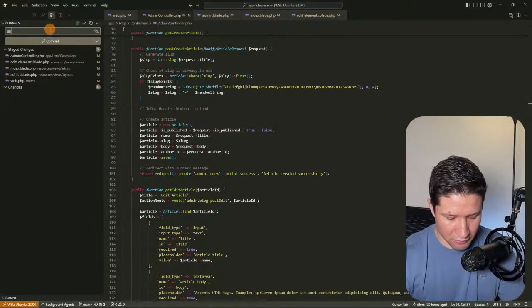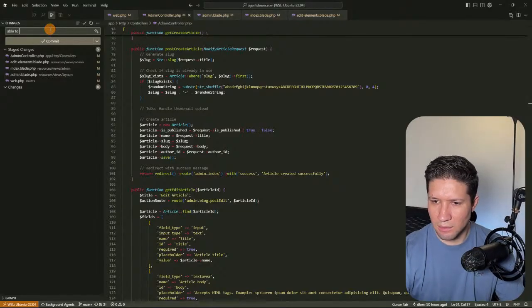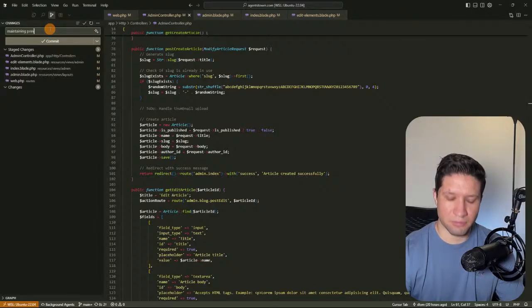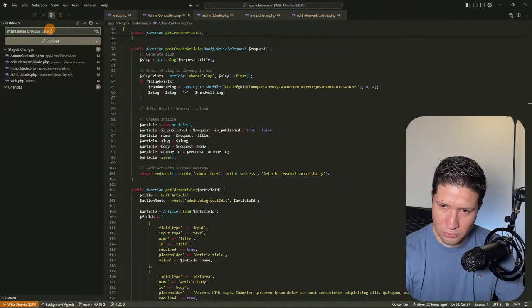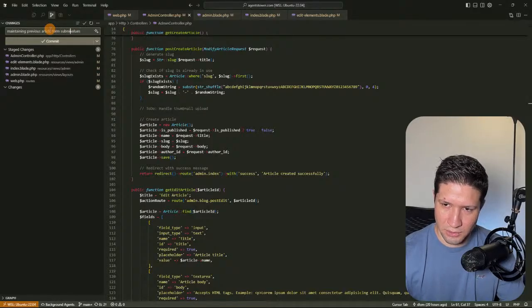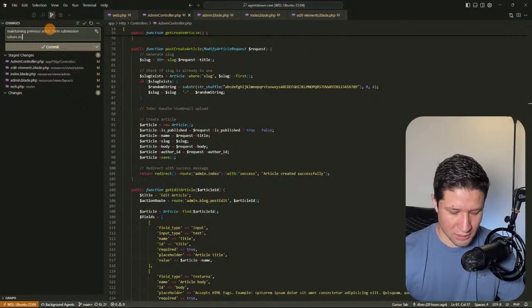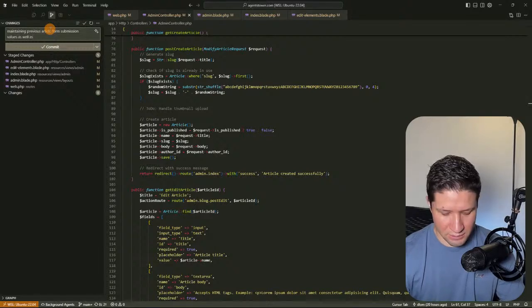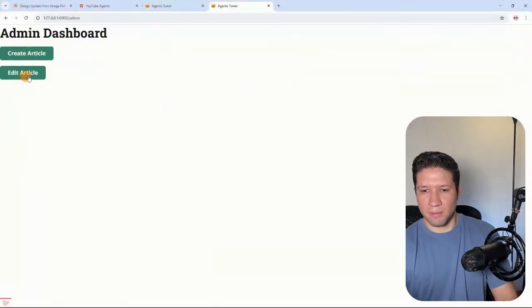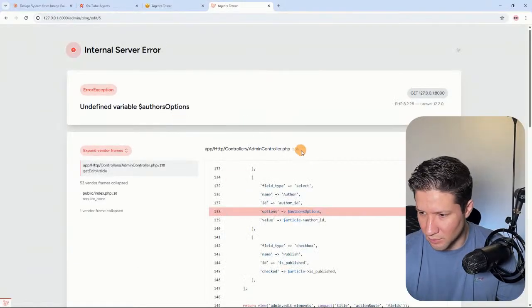So this is maintaining previous values, previous article form submission values, as well as current article values. Okay, sync the changes. And so now if I click in edit article, okay, so it's giving me this error,